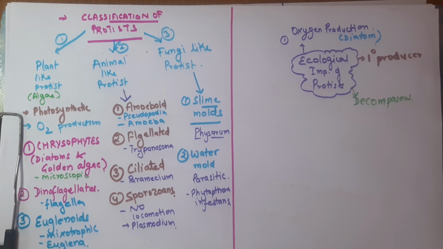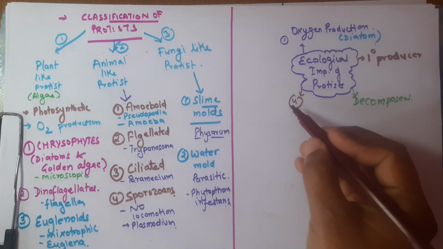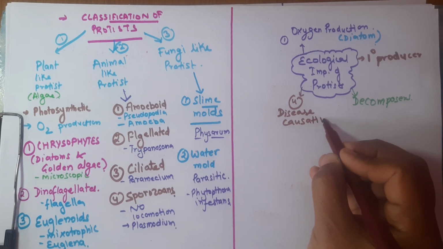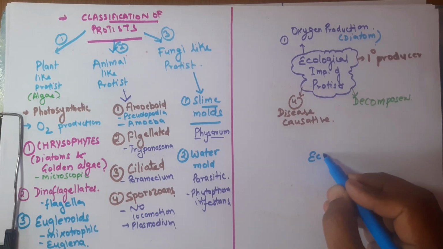This is not an ecological importance, but I will write it here for you: certain protists are parasitic also, so they are disease causative. For example, Plasmodium causes malaria, and Trypanosoma causes sleeping sickness. Both of these protists affect human health significantly. So that is the ecological importance, and now if we talk about the economic importance,